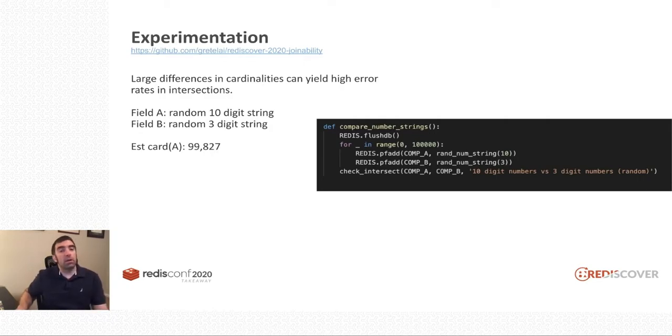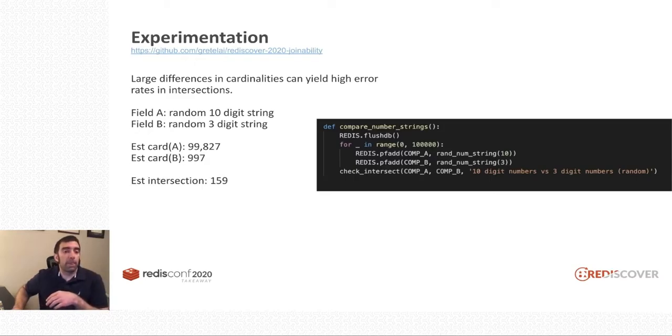The estimated cardinality of A comes in just under 100,000. And the estimated cardinality of B comes in at 997. Obviously, because we have a limit on 3-digit strings, there are only so many combinations of a 3-digit string that we could have, which lowers our cardinality for set B, no matter how many combinations we create. So really, we're comparing a set of 100,000 items to 1,000 items, which is approximately 100 times larger than set